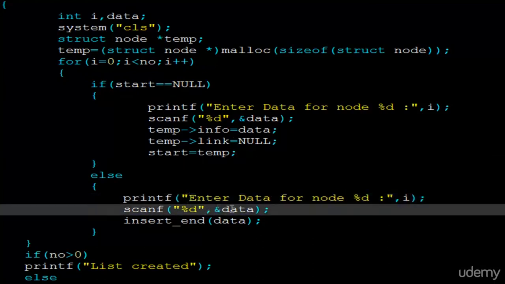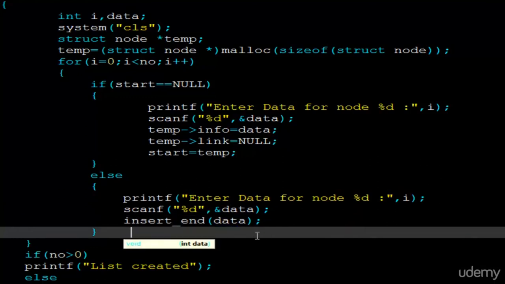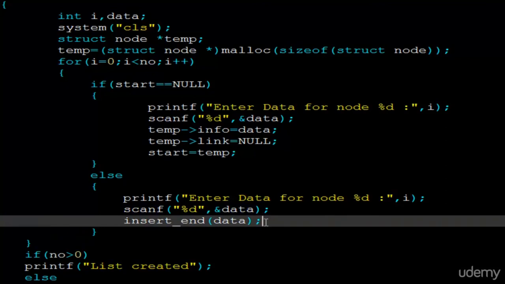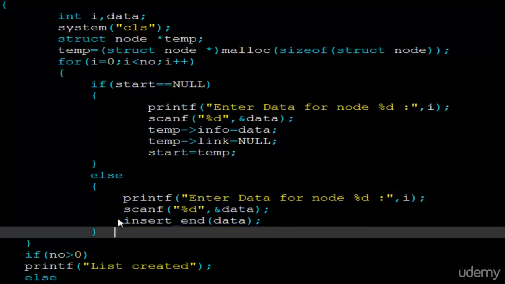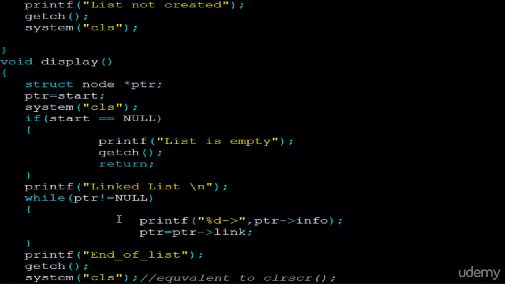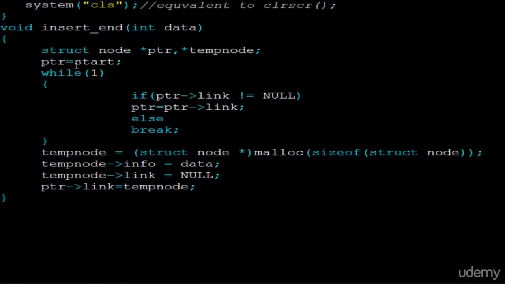We will pass this variable to the insert at the end function. Now this function will insert the particular node at the end of the list. So this is the very easy mechanism by which we will achieve multiple node creation in one shot. This is the display function, and this is the insert at the end